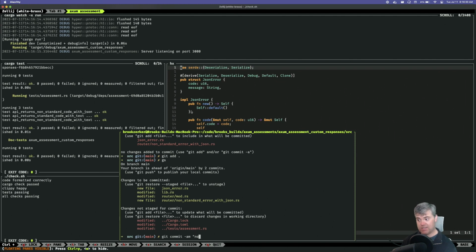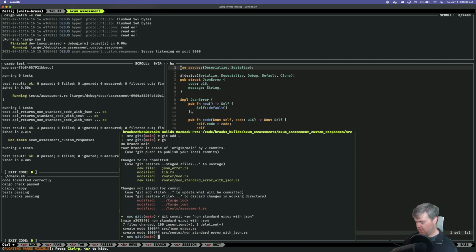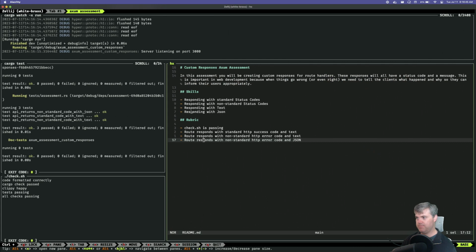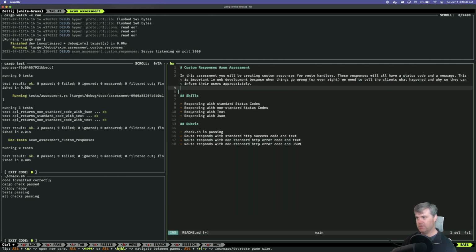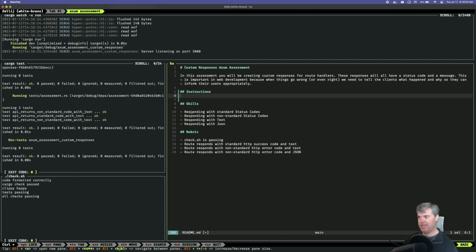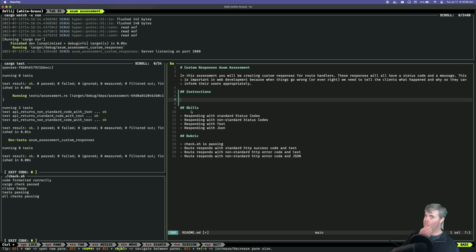Okay, so this is non-standard error with JSON. Okay. Let's see, what else do I need to throw into the maybe instructions? I should create like a generic instructions thing for this. That might be nice.